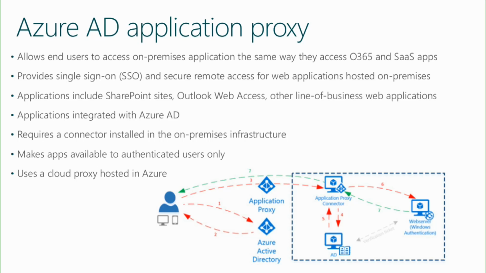So you don't want to have to build for this application a standalone multi-factor authentication provider. You don't want to have to build its own roles. You want to use all that stuff from Azure Active Directory. Well, traditionally, the only way you would do that is to create a federation relationship, which is a fairly difficult process. With Azure AD Premium, we now have the notion of what's called an application proxy and an application proxy